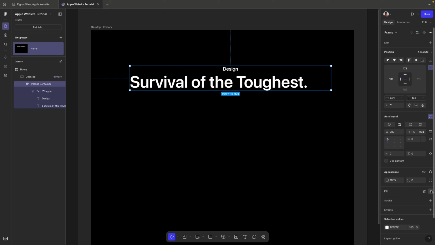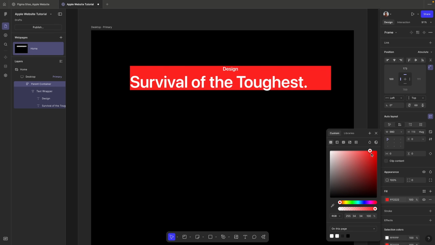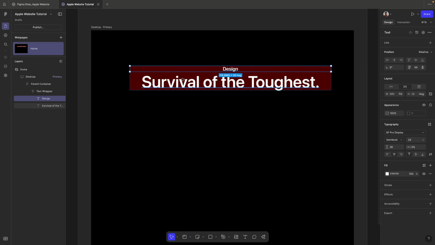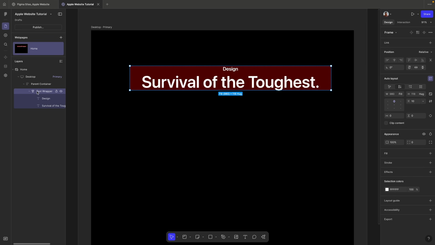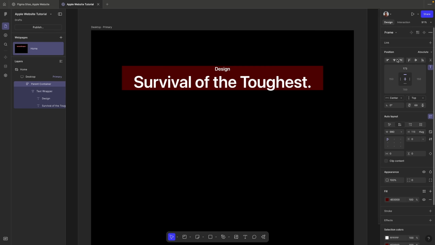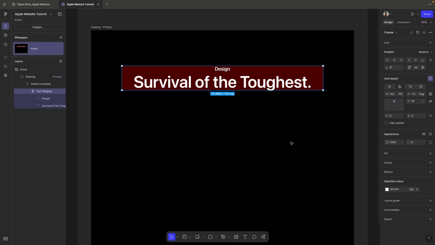And I'm going to add some fill over here so that we can actually start differentiating things. All right. So I'm going to select this, and first of all, move it to the center. So then this is essentially what we have. We have this text wrapper as well. And now if this parent container is 980, and I'm going to just move this to the center, I want this text wrapper